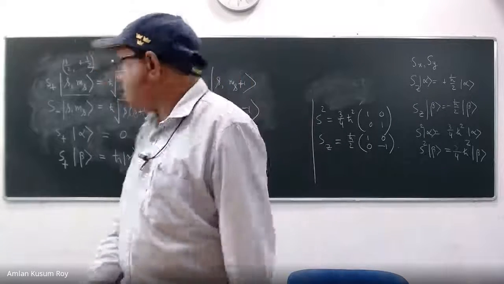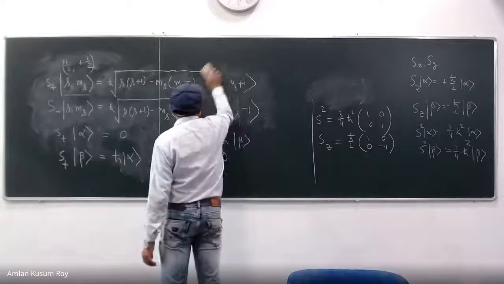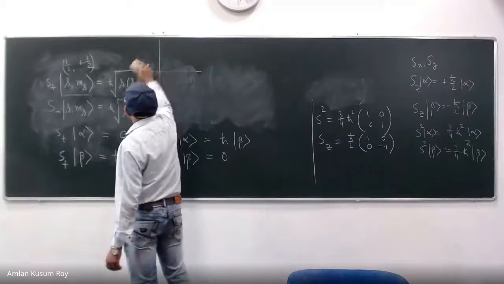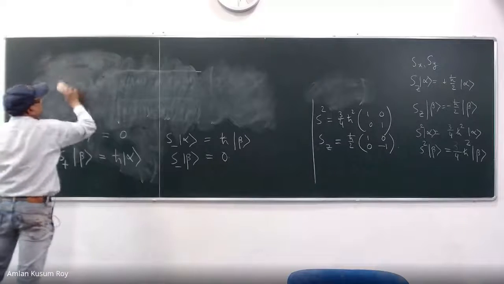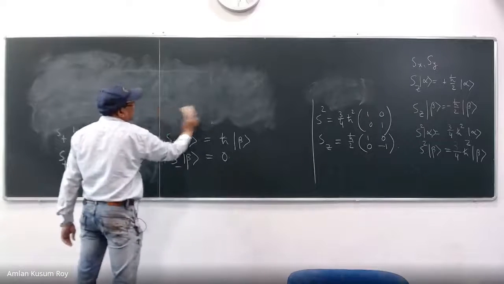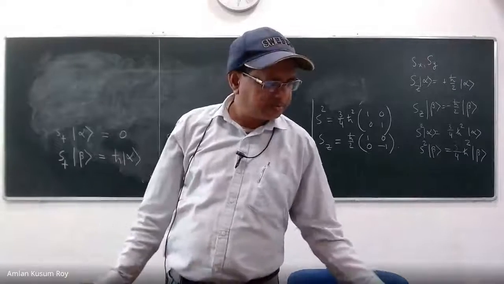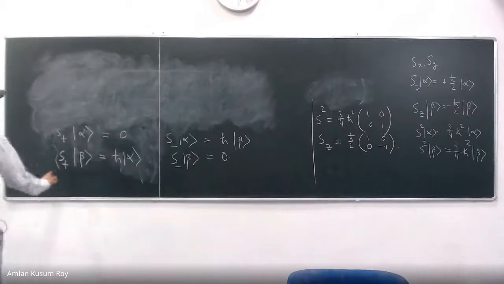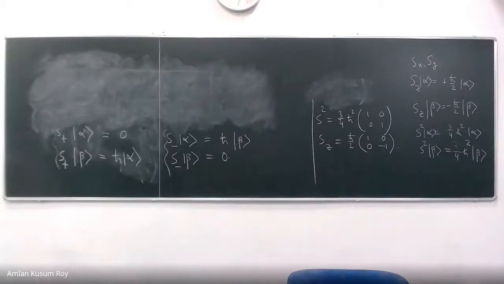Okay. Now what you do? For these 4 equations, you now find out the matrix representation of S plus and S minus. Please do that. We are trying to do it as simple as possible. No big stuff. Very simple stuff. So what is the matrix representation of S plus and S minus operators? Again, you write P, Q, R, S or something like A, B, C, D and take this S plus, and then do this for S minus, you will get the answer. So please do that.